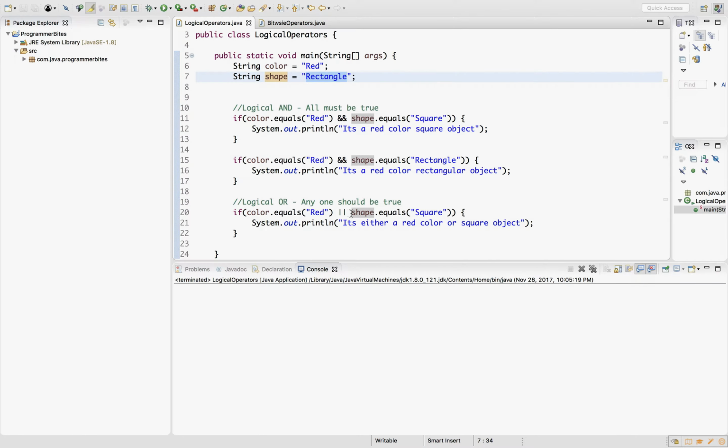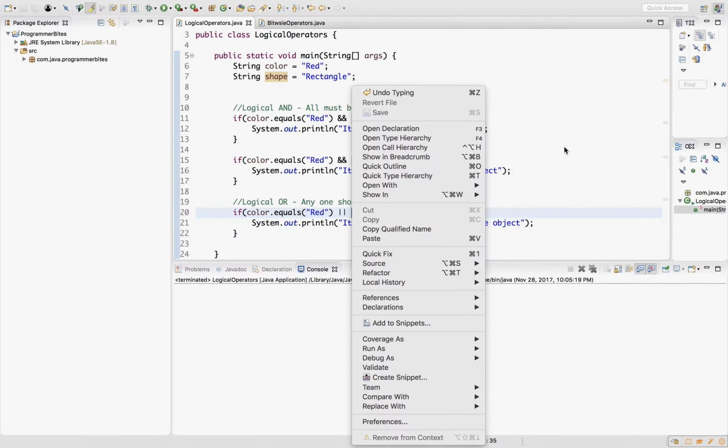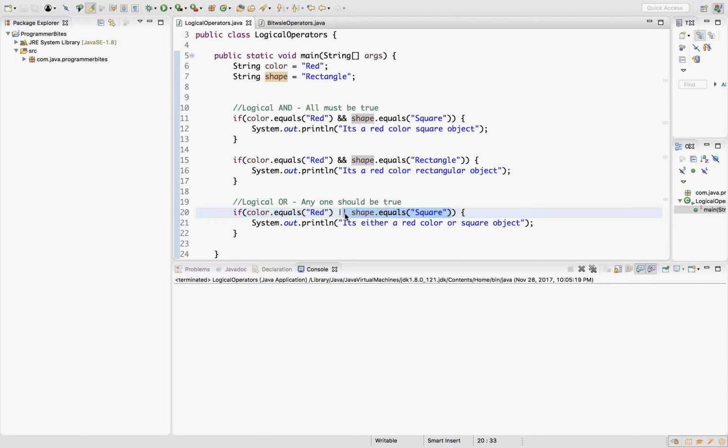It will not check the second condition because the first condition itself is true. The statement inside this if block will be executed because one of these conditions is true.